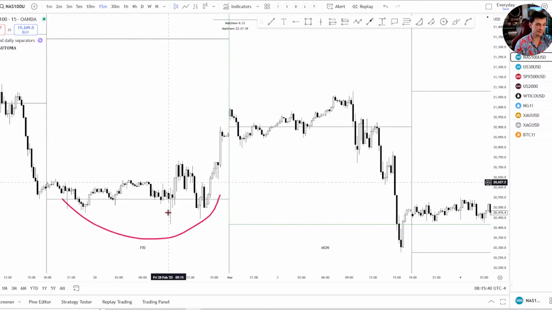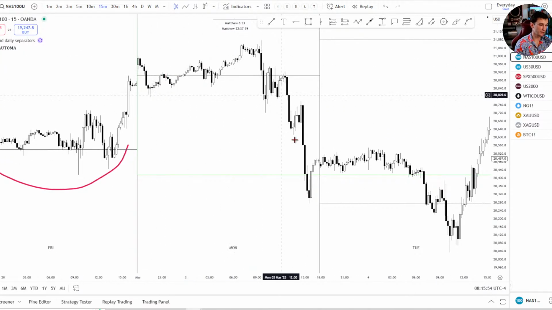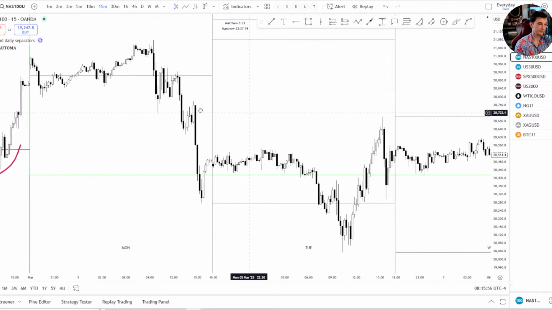But here we go. So this is day 1 of the cycle here. First green day. Day 2 of the cycle opens up, and I'm looking for the follow through. But instead, we get Monday, which is the new day of the week. They force the extreme and fail. Day 2 of the cycle, which resets back to day 1. All right.